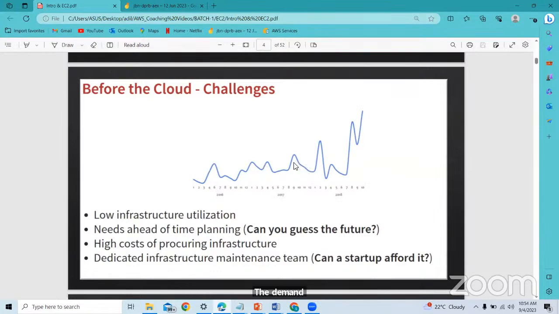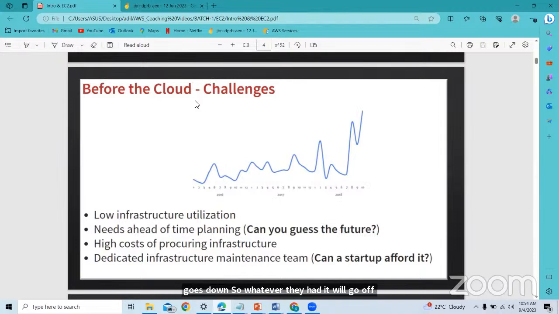So what will such a startup do? If the demand goes up and they are on-prem, they need to equip everything. First, they need to equip laptops, hire resources, and expand their team. They need to do more new deployments and new testing. What would be the cost for them? And what if in 2020 that demand goes down? Whatever they had will go to waste.